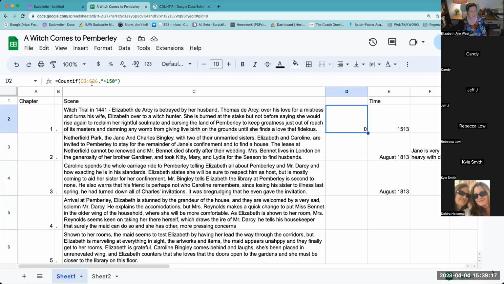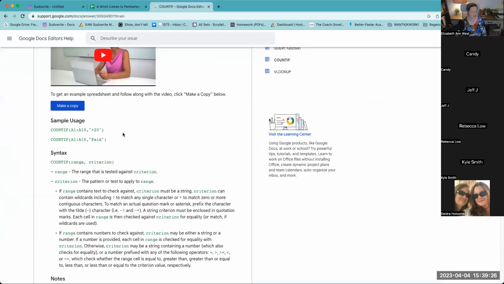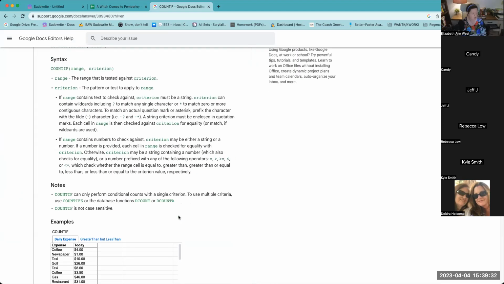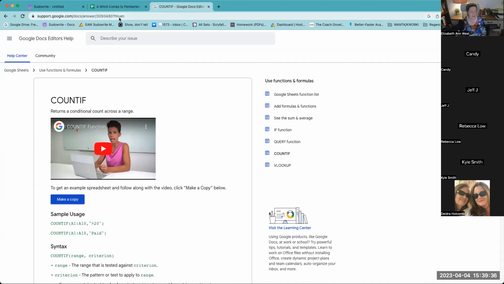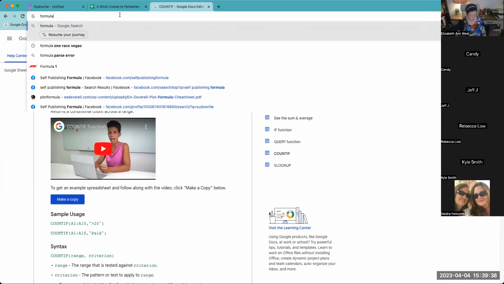I think I actually want to just say C2. Actually, I don't think this is the right formula. Hold on. If range contains check to check against, criterion must be a string. Criterion can count. So count if, you know what? Just formula